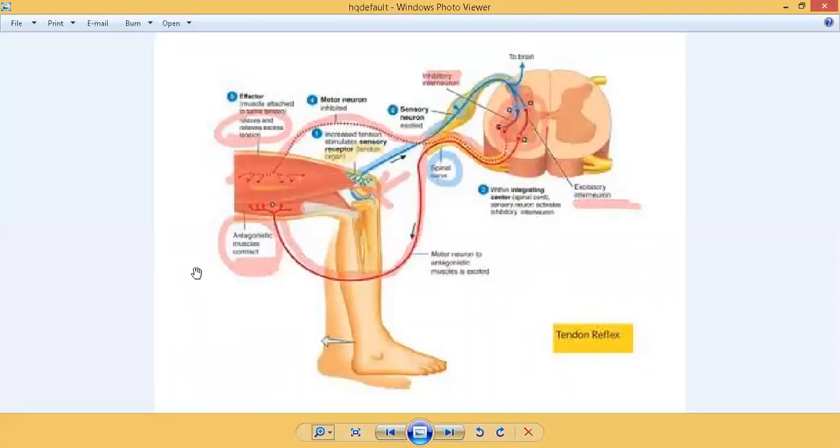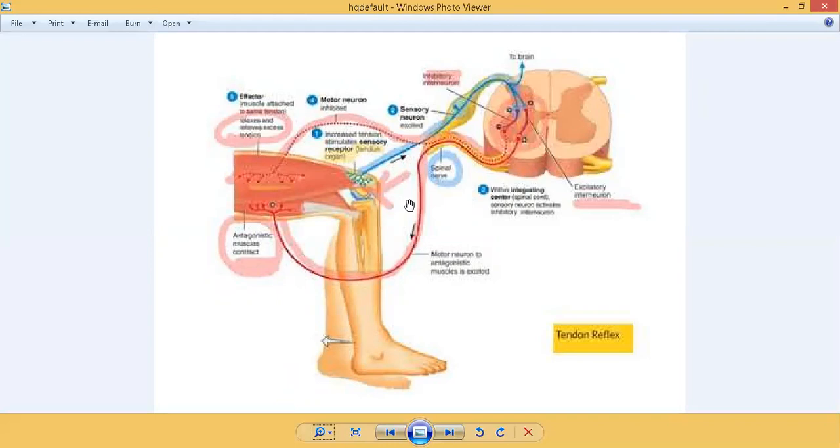For example, the knee jerk. Here we have illustrated the knee jerk. In the knee jerk, by tapping the tendon just below the knee, when it is bent, the knee should be in the bent position like this, and when you tap the tendon just beneath the patella, the patellar tendon, the sensory nerve